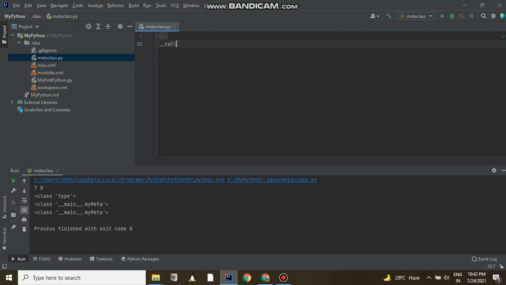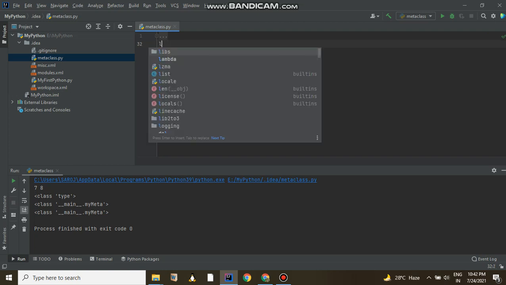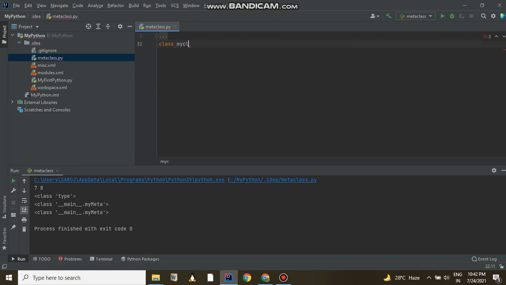So let me give an example first, right? Suppose this is a class, MyClass. Then suppose I am going to create an object of it, obj equals MyClass. Okay, this is all about it. So whenever I am executing this line number 35, that means obj equals MyClass, what basically it does, it first invokes a method. Which kind of method? I'm just writing it out. This is basically a method which is associated with its parent class.